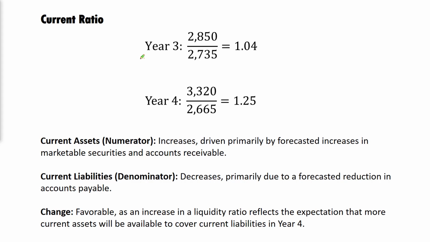Just because one specific ratio is favorable or unfavorable, that does not necessarily correlate to the company as a whole. It just provides you information about one specific aspect of it. So let's take a look here. The current ratio is expressed as current assets, and that's total current assets over current liabilities. And ideally, the bigger that number is, the better.